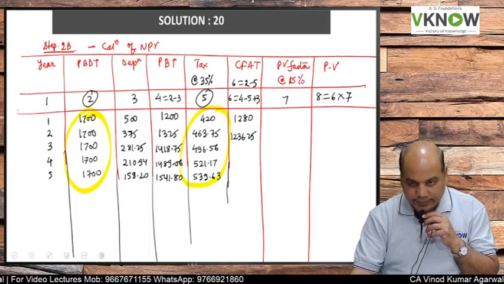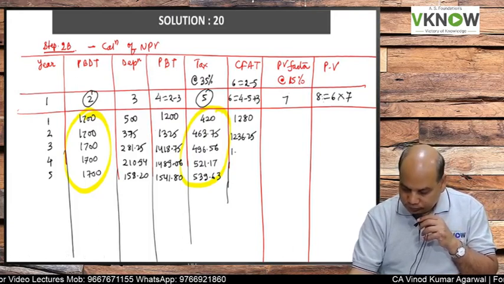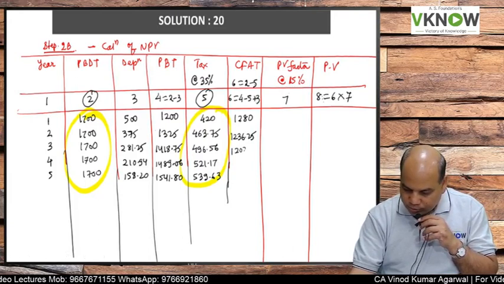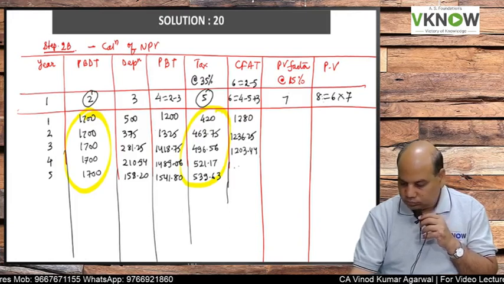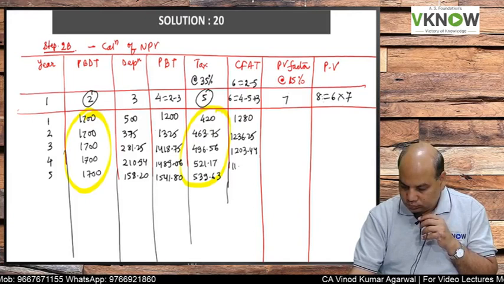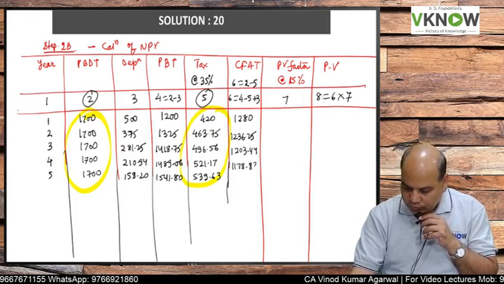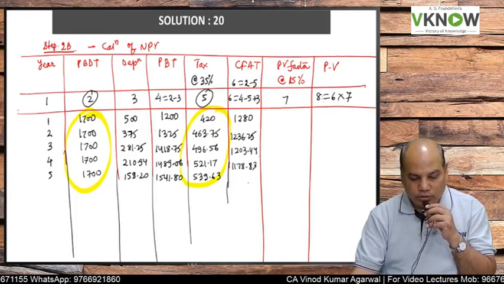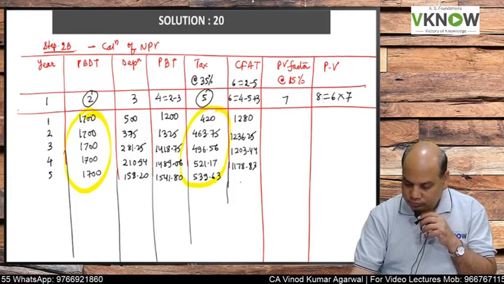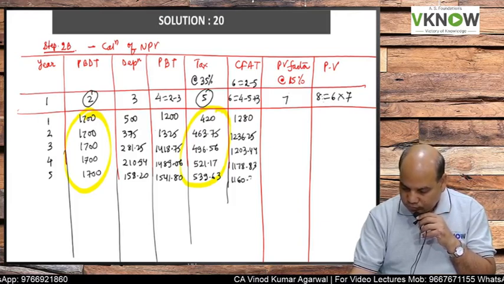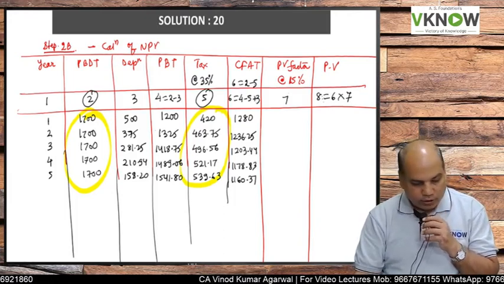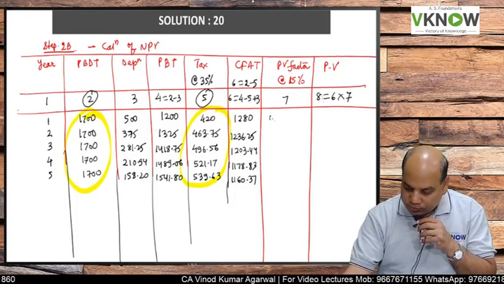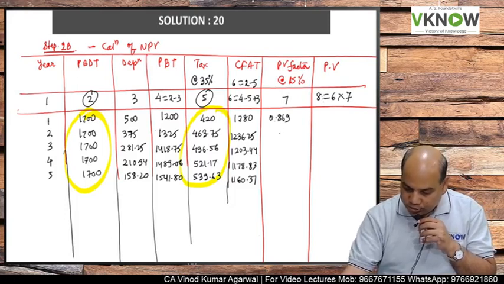Okay. 1203.44. Okay. 1178.83. Very good. 1160.37. Factors if given in the problem, copy 0.869,